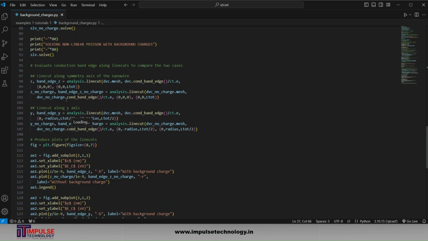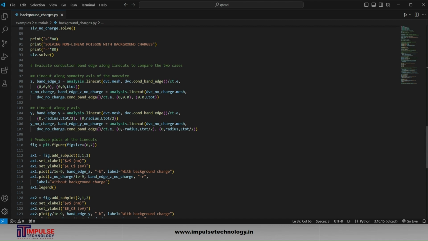This section evaluates the conduction band edge along the line cut for comparison, like z band edge and z line cut along the symmetry axis of the nanowire for the device with background charges, and z no charge band edge used for the line cut along the symmetry axis of the nanowire for the device without background charges.